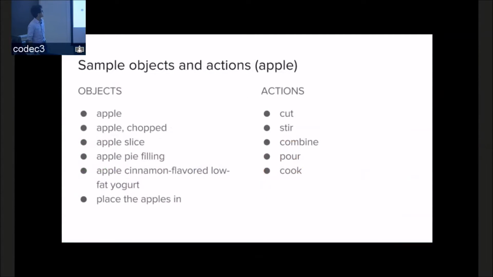And here's some of the sample objects and actions that we extract for apple. We get nice things like apple, chopped apple, apple slice, but we also get some kind of weird things like apple cinnamon flavored low-fat yogurt, and place the apples in. So these sorts of differences can mostly be attributed to the Stanford NLP parser being trained on newswire text instead